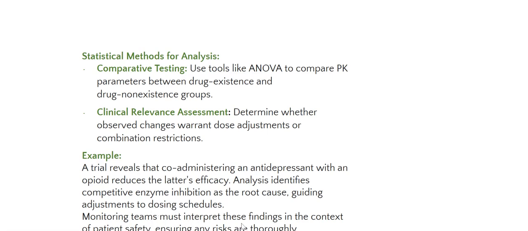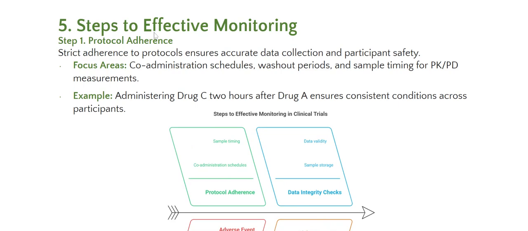Monitoring teams must interpret these findings in the context of patient safety, ensuring any risks are thoroughly communicated to regulatory bodies and healthcare providers. Steps to effective monitoring. Step 1, protocol adherence. Strict adherence to protocols ensures accurate data collection and participant safety. Focus areas: co-administration schedules, washout periods, and sample timing for PK/PD measurements. As for example, administering drug C 2 hours after drug A ensures consistent conditions